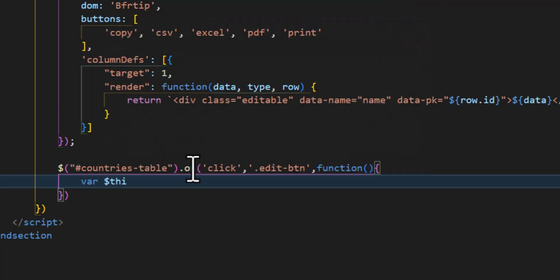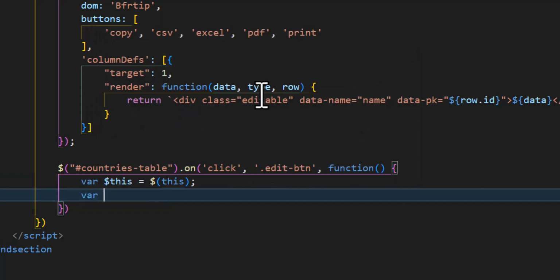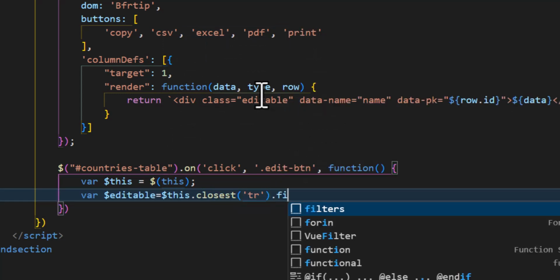Create a variable of $this and store the row that I want to edit. So $this, and another variable with the name of $editable, and this dot closest tr dot find